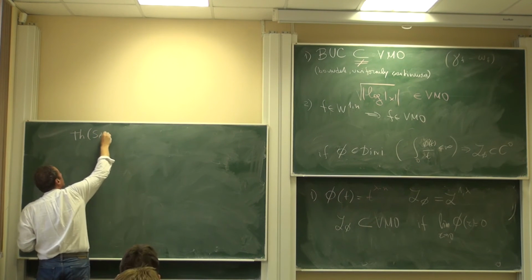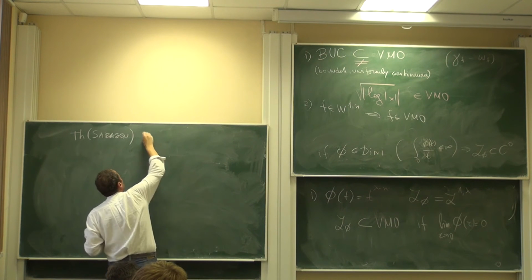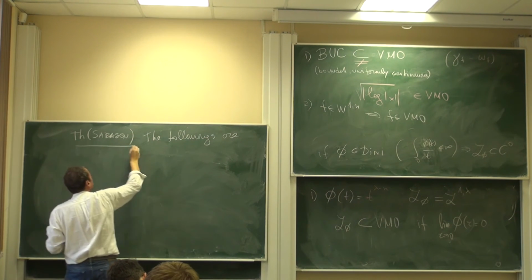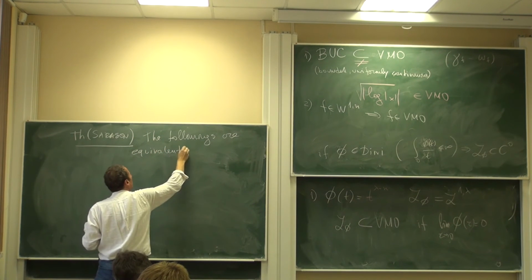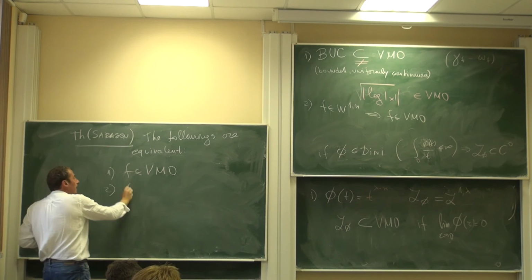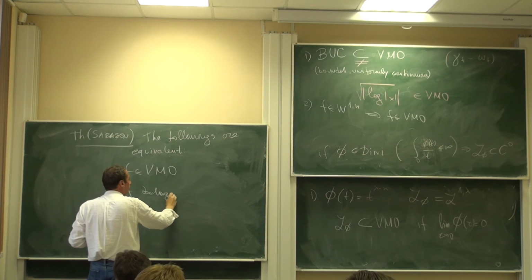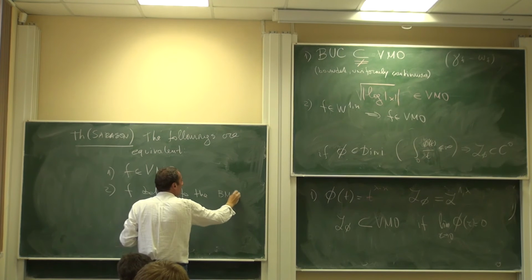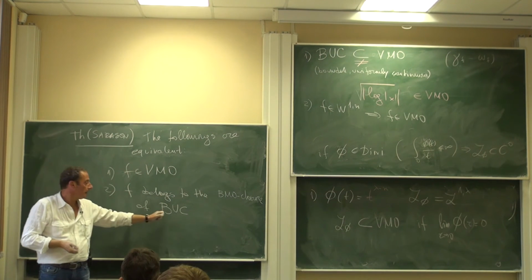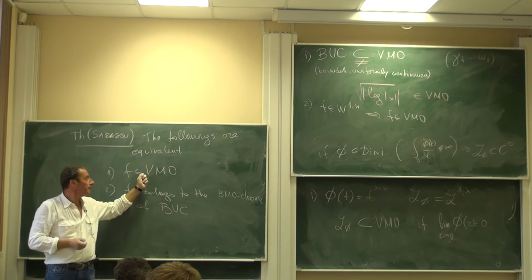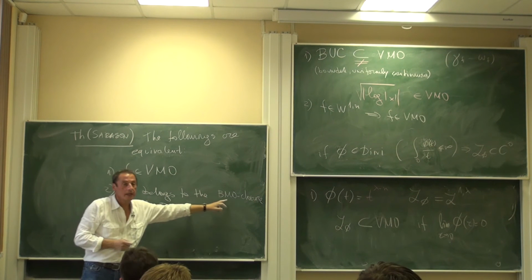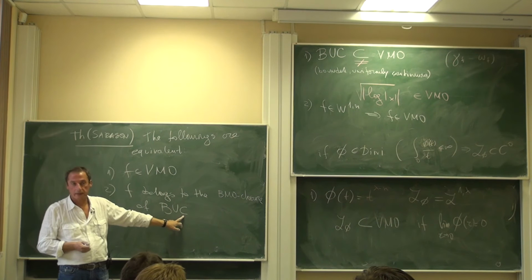So the theorem of Sarason says the following are equivalent. 1: f is in VMO. 2: f belongs to the VMO closure of the space of bounded uniformly continuous functions. So if you have a VMO function, you can approximate it in the norm of VMO by uniformly continuous functions. 3: